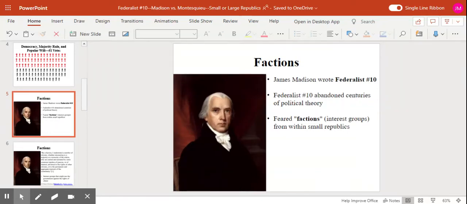So possibly the most famous, if not the most famous, of the Federalist Papers is Federalist 10 by James Madison. And Federalist 10 is a well-written piece of literature by James Madison, who was inarguably a genius. However, there are limits to the value of the Federalist Papers because, number one, they were trying to recommend the